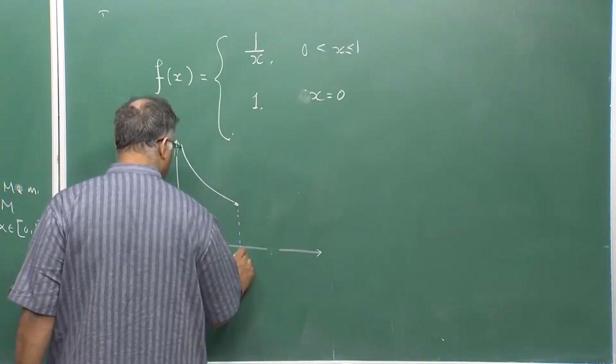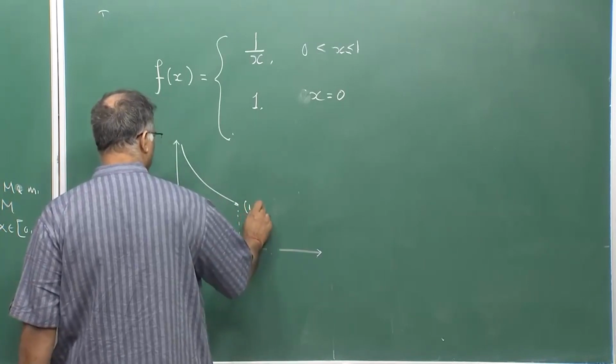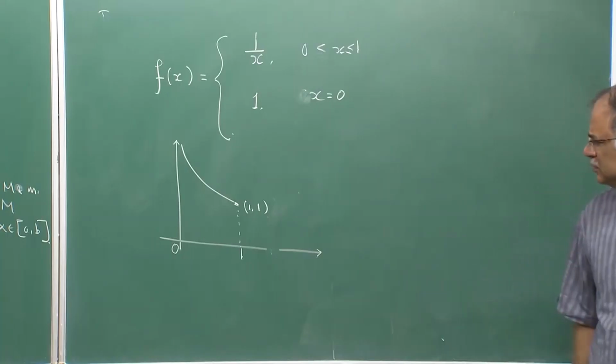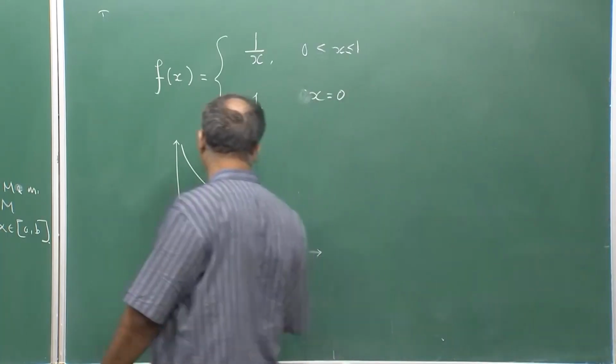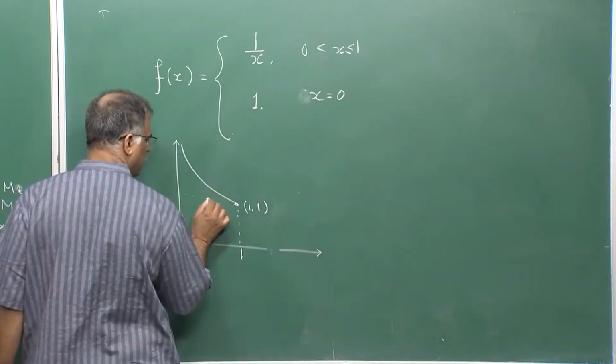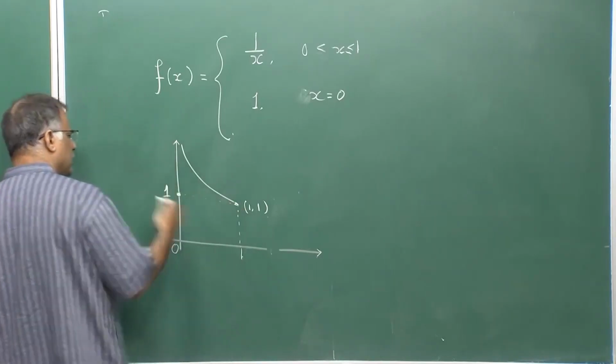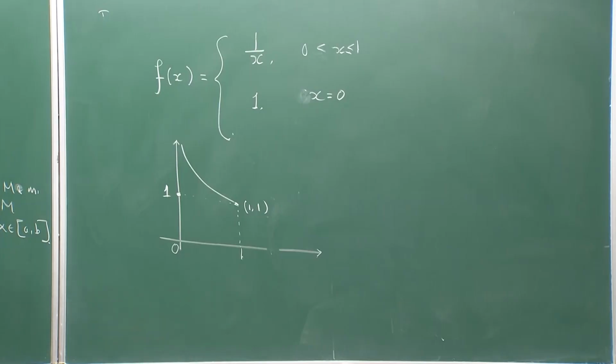So, this is 0, this is 1, and this point is (1, 1), and at 0 the value is 1. So, you can understand it is a discontinuous function,